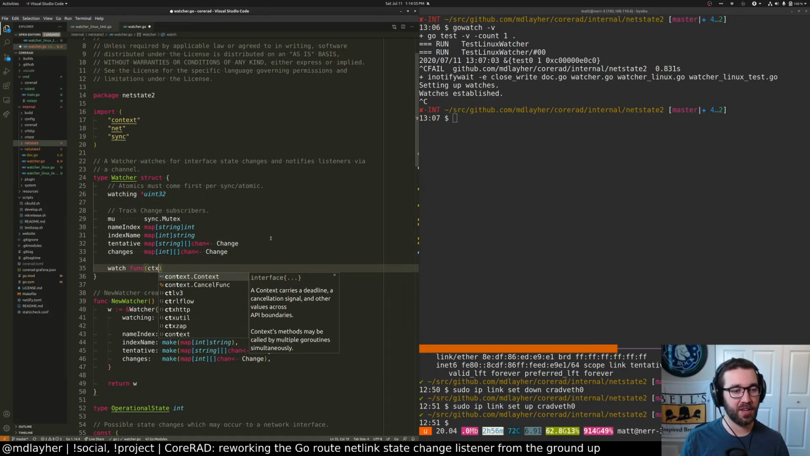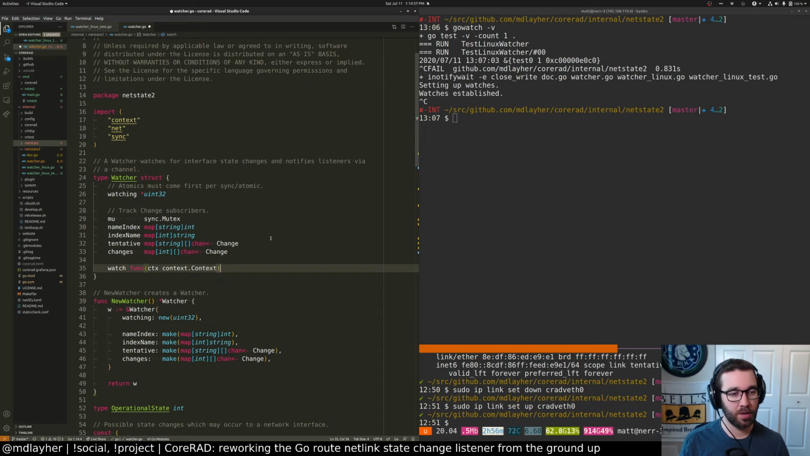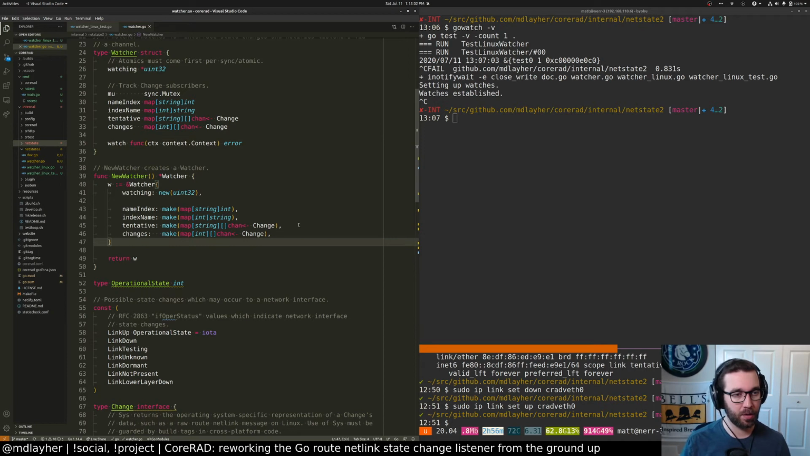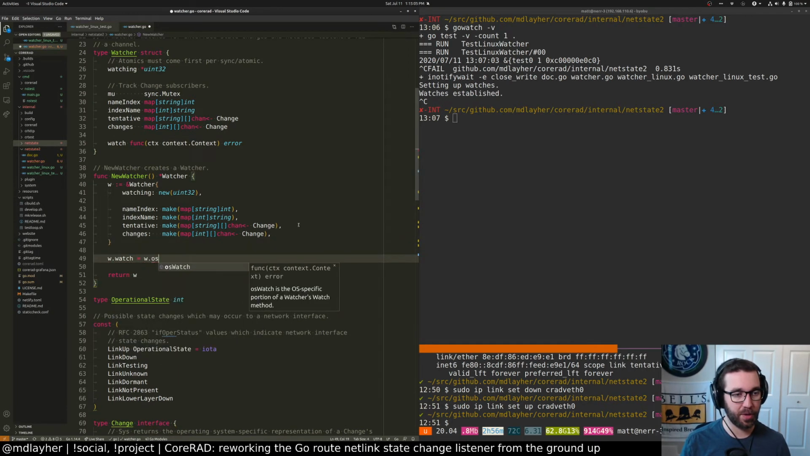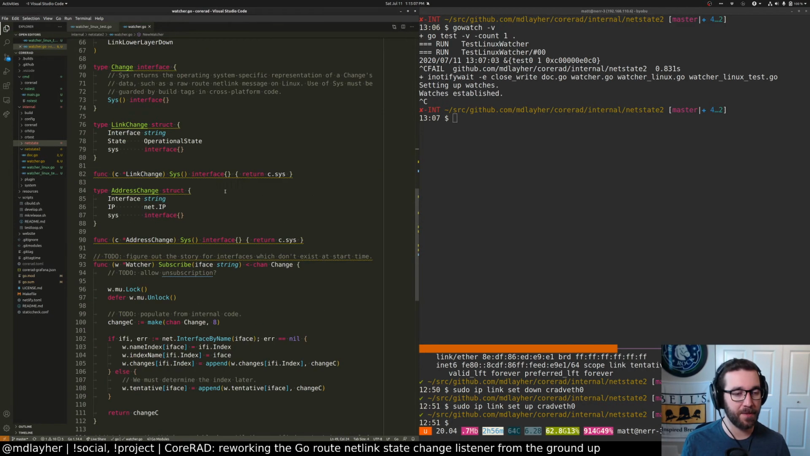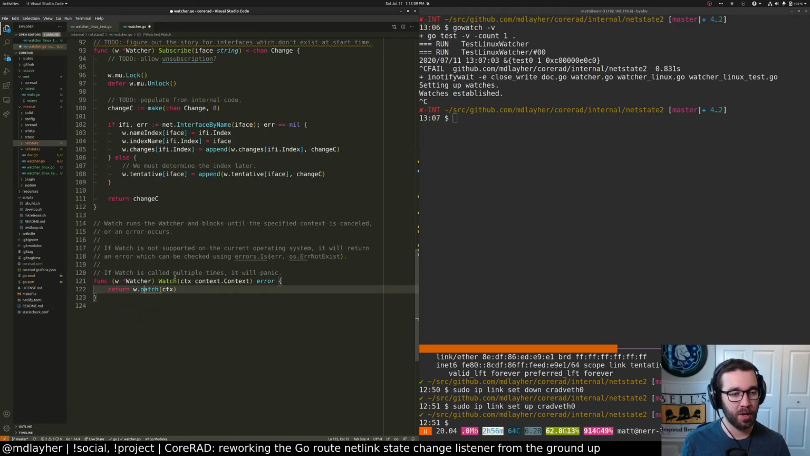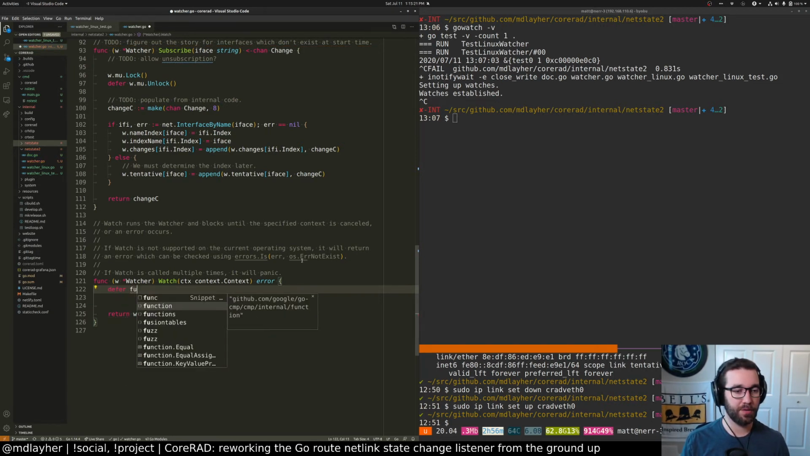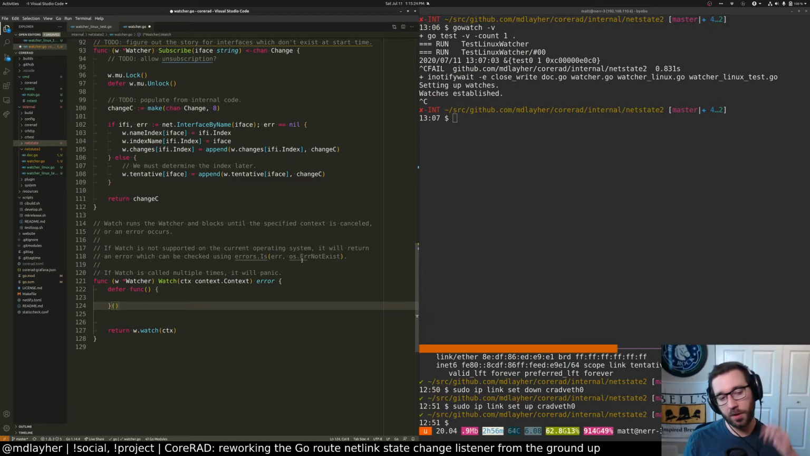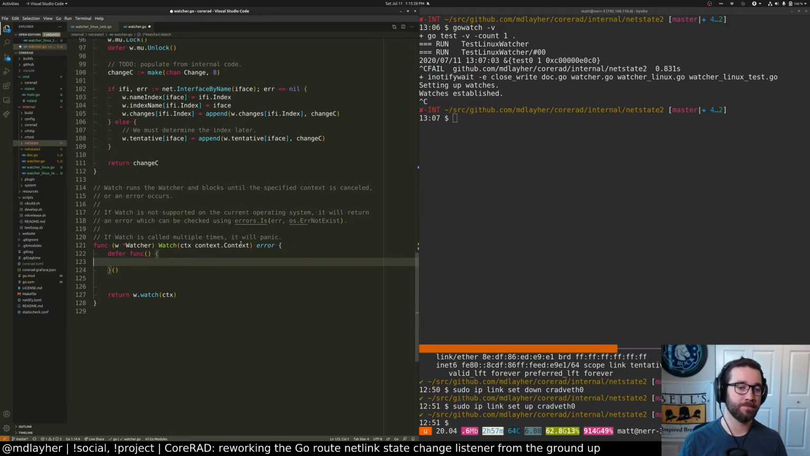Watch is a func that takes a context and will watch until an error occurs, right? So watch equals OS watch. By default we call the OS watching function, but we also call the watching function, and then whenever the context is canceled, we close all the channels. So, oops, let's see here. Defer func, WMU lock,